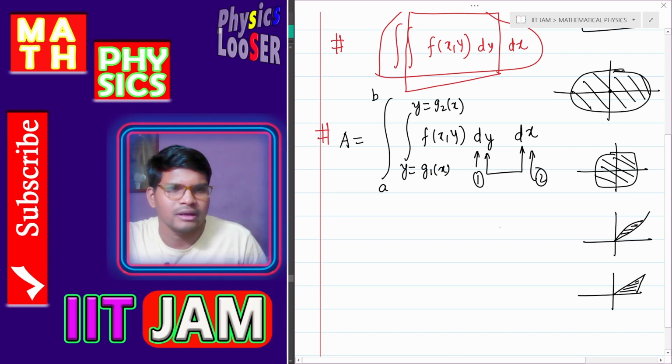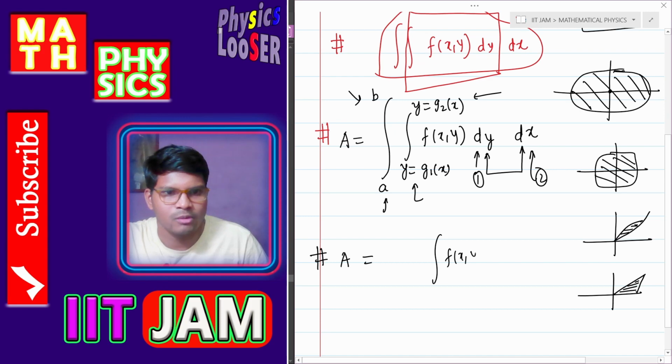Now, depending on the way you choose dy and dx to be first and second, your limits would change. And similarly, the limits will affect it like this. So the first type of thing that I have is f of x comma y dy dx, this is the integral limit. In the second type, if I want to calculate the same function, the function would be same, f of x comma y. Instead of my x being constant,